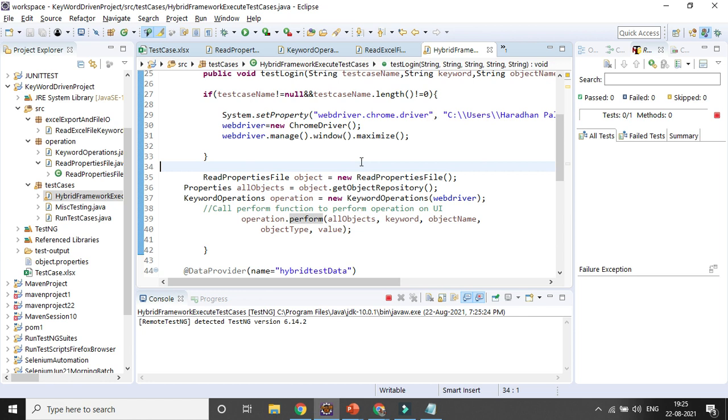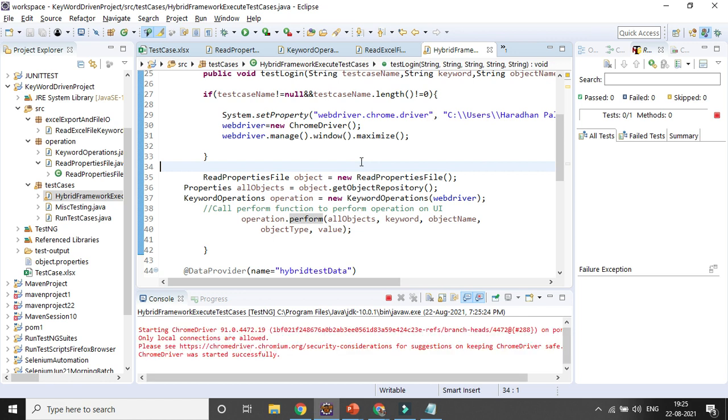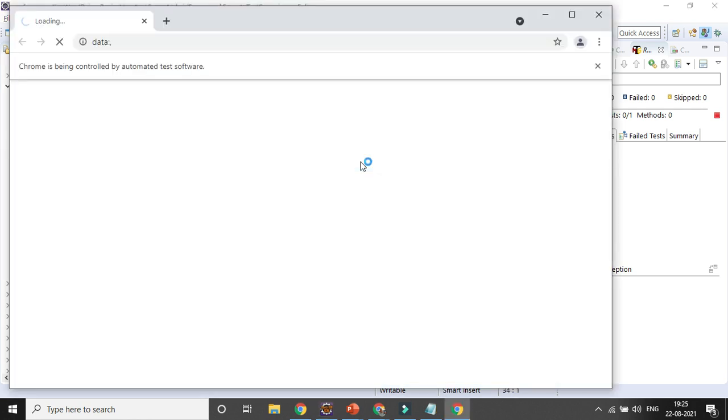Here we are calling each and every data variation, as well as operating based on the keyword given. So we have two test cases. If we exclude the first row, which is the header, we will have two test cases, and for each and every test case there will be 5 different steps.